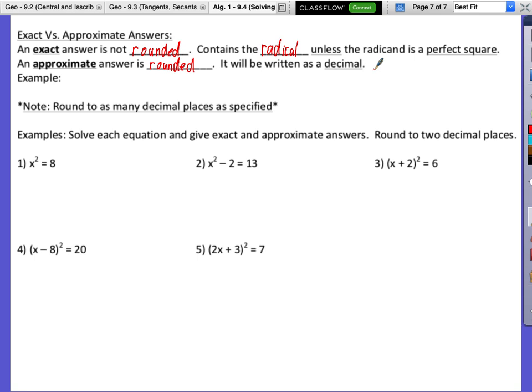So, an exact answer we will not write as a decimal, but an approximate answer we will. Here's an example. The square root of 12. I'm going to write the square root of 12. This is exact. But if we take these calculators, did we run out? No, what do you mean by that? It means it was not rounded. And that's a but afterwards. But, the second half of the sentence. Okay? But,